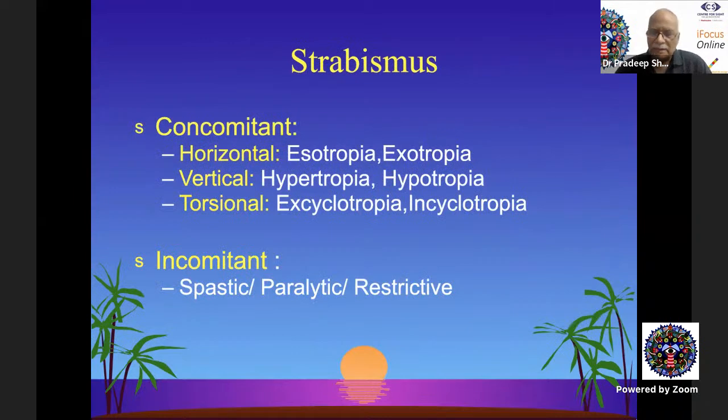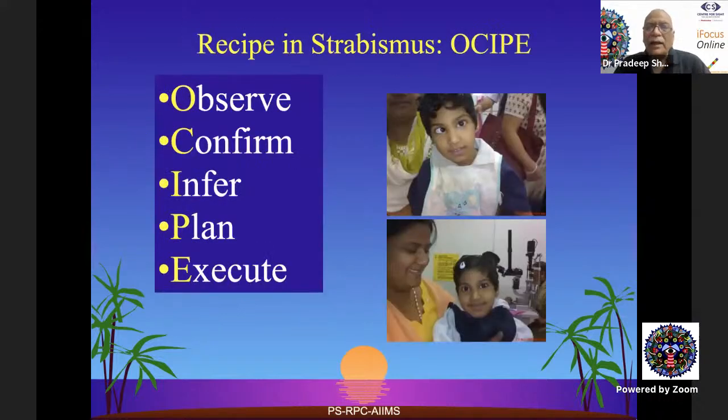We'll go back to this. Basically, as we all know, it can be horizontal, eso, exo; vertical, hyper, hypo; torsional, excyclotropia, incyclotropia. And of course, we'll also have to know whether it's a comitant squint or an incomitant squint, spastic, paralytic, or restrictive. The basic recipe that I suggest is